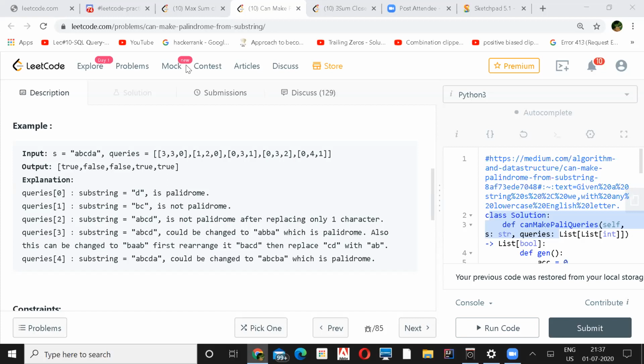So, but that will be a brute force way of doing it, right? You go through the query array every time, for each and every query. Every time you take both the indexes, go for the string, and find out whether that string is a palindrome or not. But that will be a brute force way of doing it.